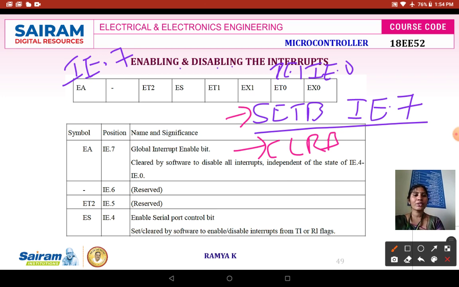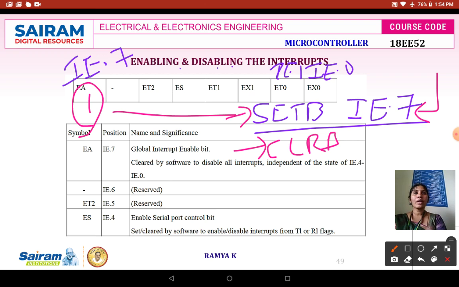In this way, it is possible to enable or disable your interrupt. When I give SETB IE.7, the assembler executes this instruction and that bit becomes 1. It means that all your interrupts are enabled. This is the meaning of this line.